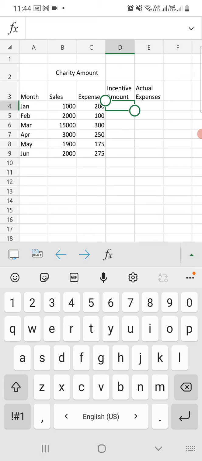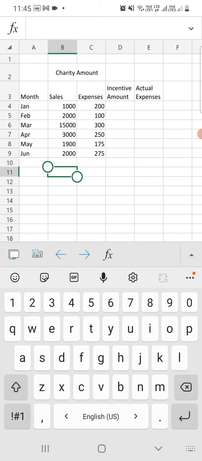So first we need to write the formula in B11 cell. Okay, you can write in another cell also. Just choose the cell number, that is B11. Now we are in B11 cell, write the formula.